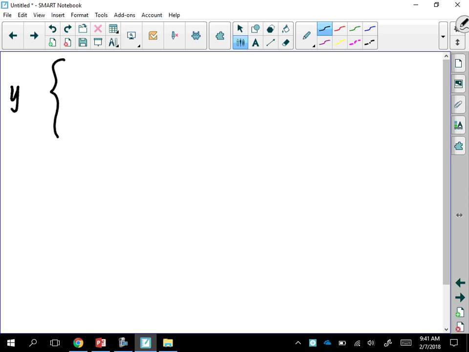Okay. So y equals or f of x equals. Then we put our function. So we'll just start off, maybe let's do an absolute value function. And then we give a domain. So I might say I want to graph this absolute value function for any x that's less than or equal to 3. And then I want to graph a,